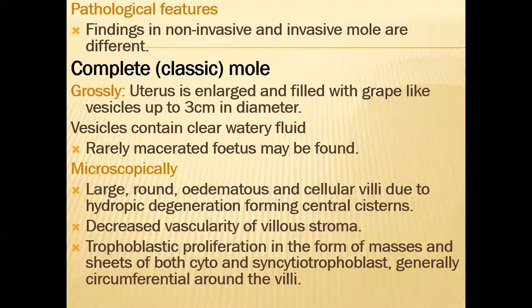Microscopically, uterus is large, rounded, edematous, and cellular villi due to hydropic degeneration forming central cistern. Decreased vascularity of the villous stroma, trophoblastic proliferation in the form of masses and sheets of both cyto and syncytial trophoblasts, generally circumferential around the villi. तो इसमें यूट्रस ज्यादा इनलार्ज होगी एज कम्पेयर टू द पार्शियल मोड, और इसमें सारे के सारे वेसिकल्स में चेंज हो जाएंगे एज कम्पेयर टू द पार्शियल मोड।